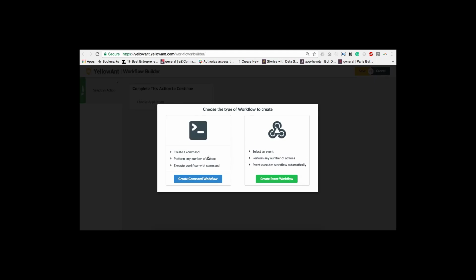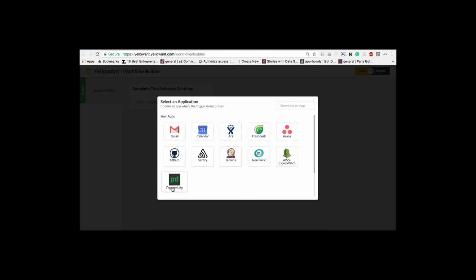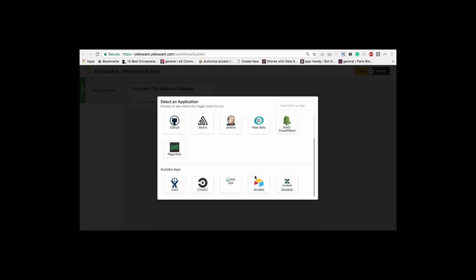Now what I'm going to do is, whenever there is a new customer that is added to the system, I maybe want to send a message to another Slack channel with the details of the customer. So let's try and do that. So it's going to be an event workflow, and it's going to be